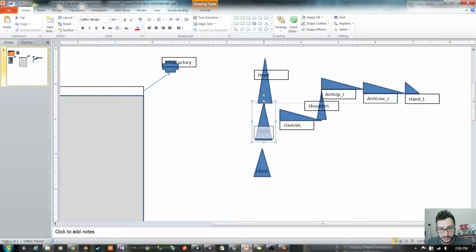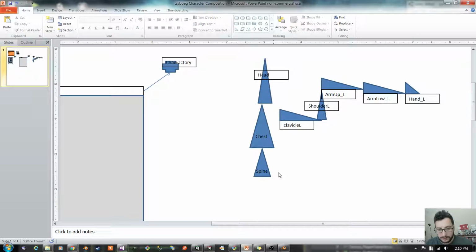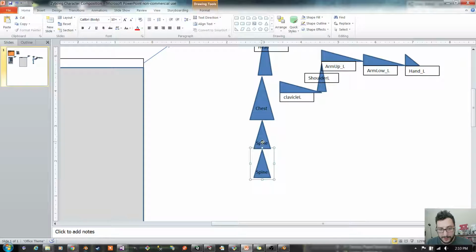Actually, this guy needs to be a little bigger. This is spine. This is hip, although